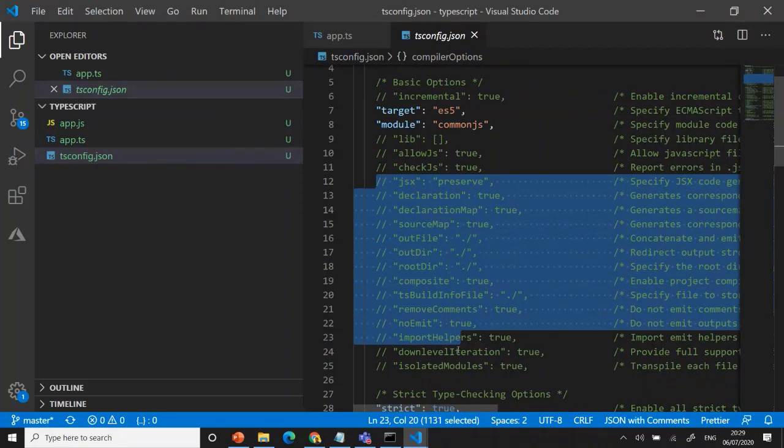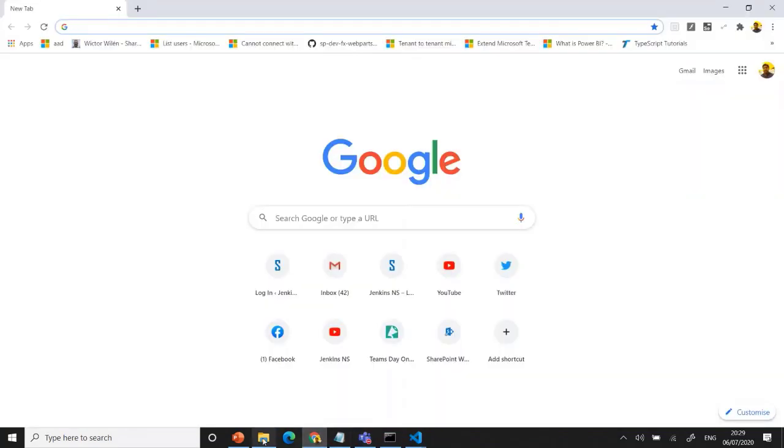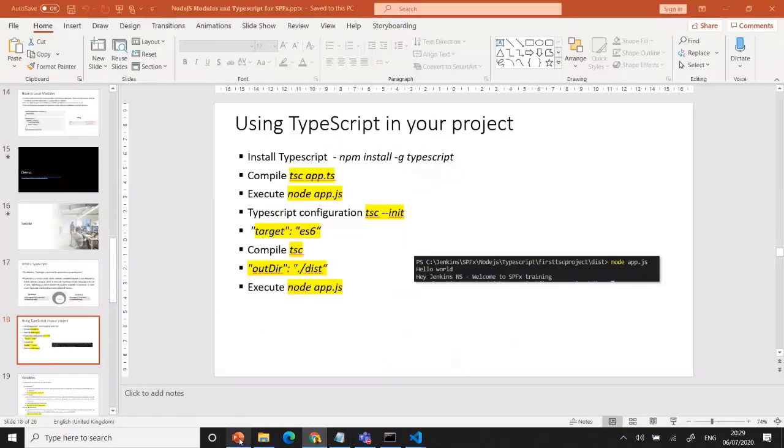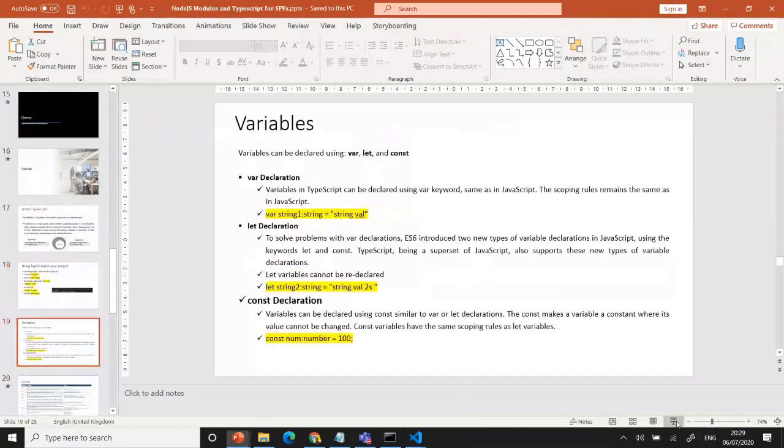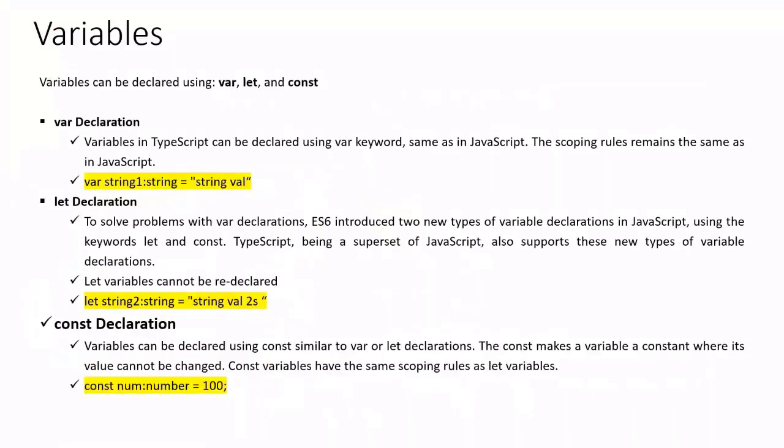That is how TypeScript manages all the things. The other part is that you need to know about all the TypeScript methods. You have a compiling part. You have variables. I'll go fast because I hope everyone is a developer, so you understand it. We have variable declarations: let string colon string. We need to use the variable type, and we have const with a number variable like that. We have three kinds: var, let, and const. Using var is nothing but the any type. You can use var or you can use let with variable name colon any, it also supports.